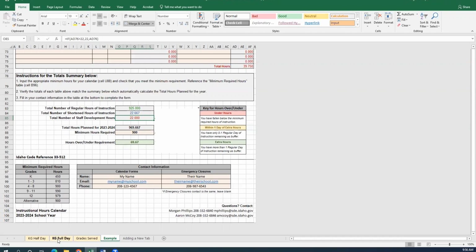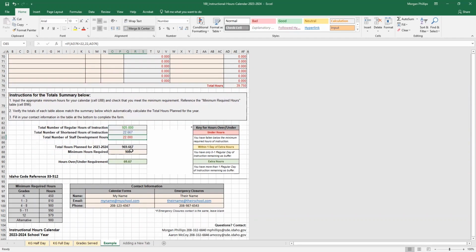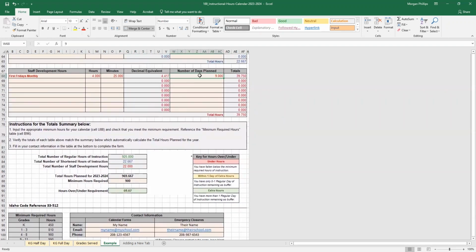So it's actually really important, if you're duplicating any of these forms, that you're duplicating the correct one so that this cap is accurate. You can see that it saw that you had 39.75 hours planned and it counted 22 of them. If I were to go up here and change this, let's say I only had 1 Friday, it'll come back to this normal number that is matching my table because it's under the 22 hours. But since I have 9 and I have more planned, it's doing that cap automatically.